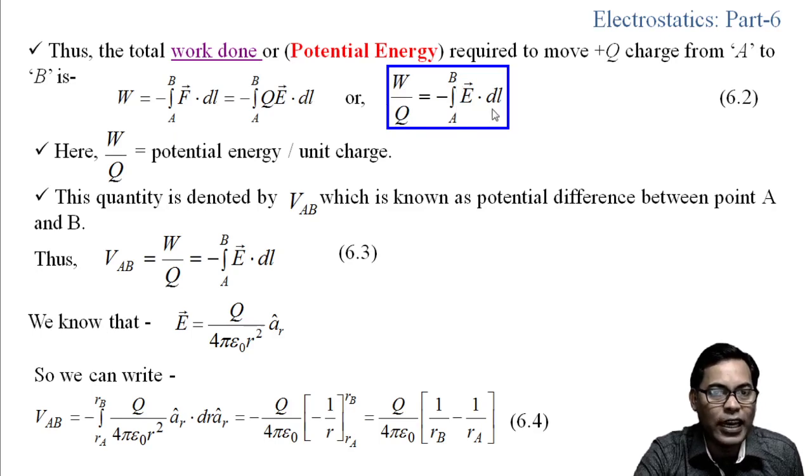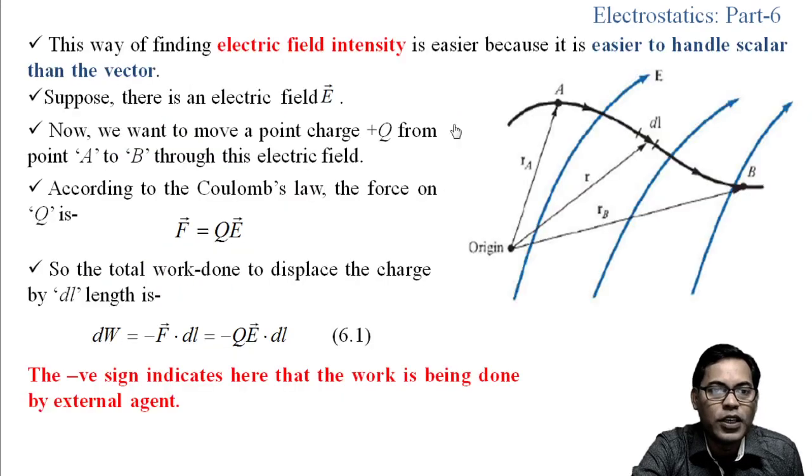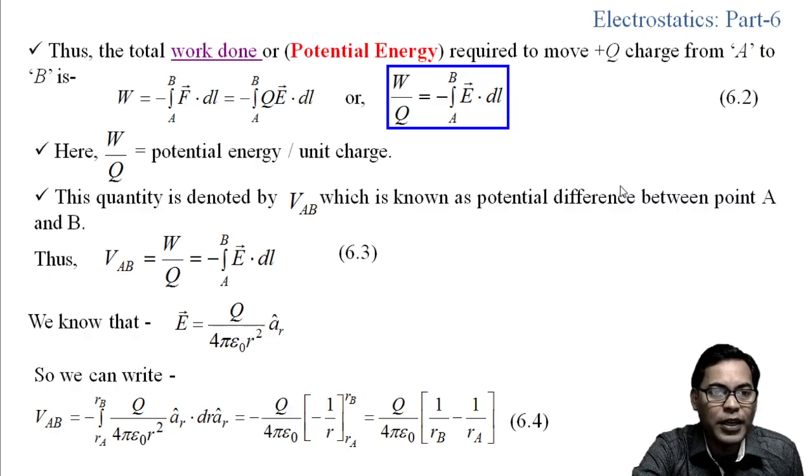B of E dot dl. And here this W by Q is the potential energy per unit charge, and this quantity W by Q is denoted as VAB, which is known as the potential difference between the point A and point B. So the potential difference between the point A and point B can be written as VAB equals W by Q, that is equal to minus integration A to